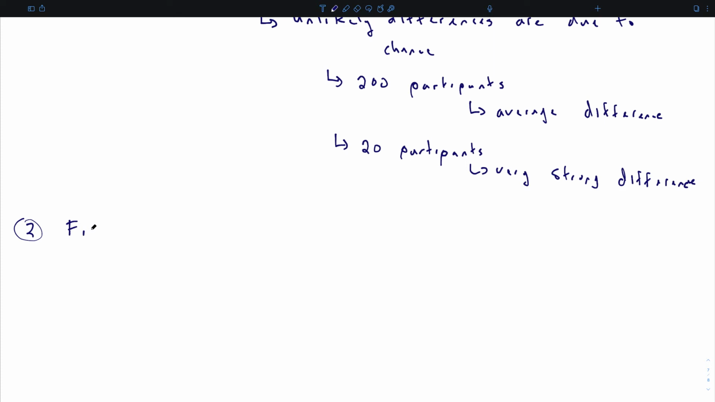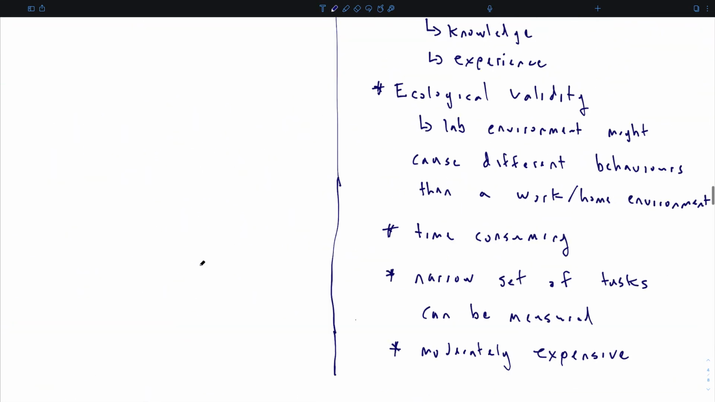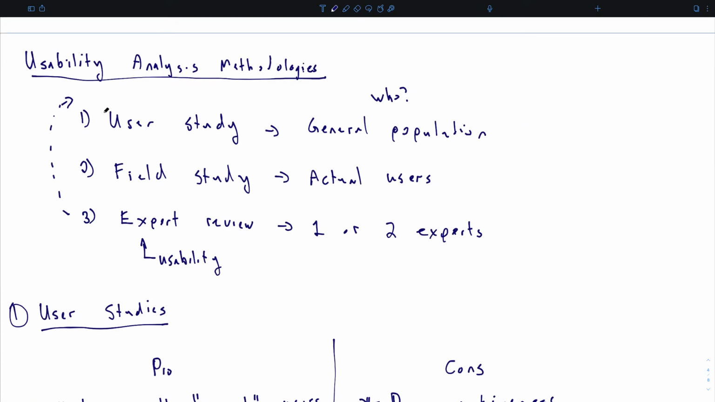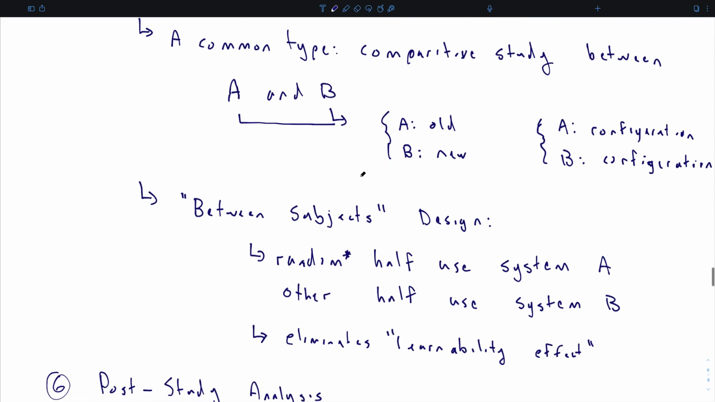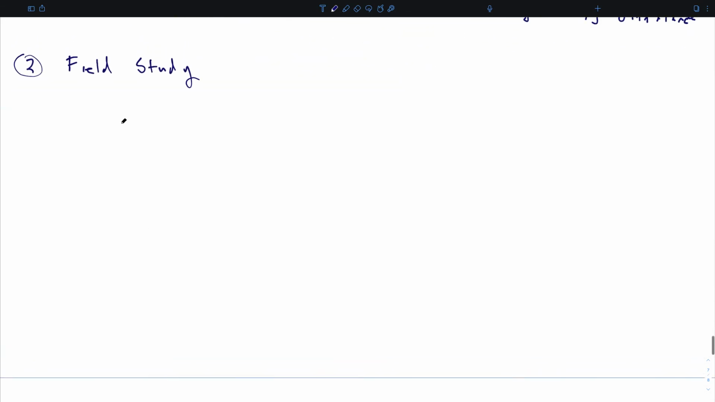The next thing you might do is a field study. So if we go back, just recall that there are 3 types of studies. The user studies with the general population. Now we're talking about a field study. So this is where you're going to deploy it to your actual users. I won't spend as much time talking about it. But the idea here is that you deploy